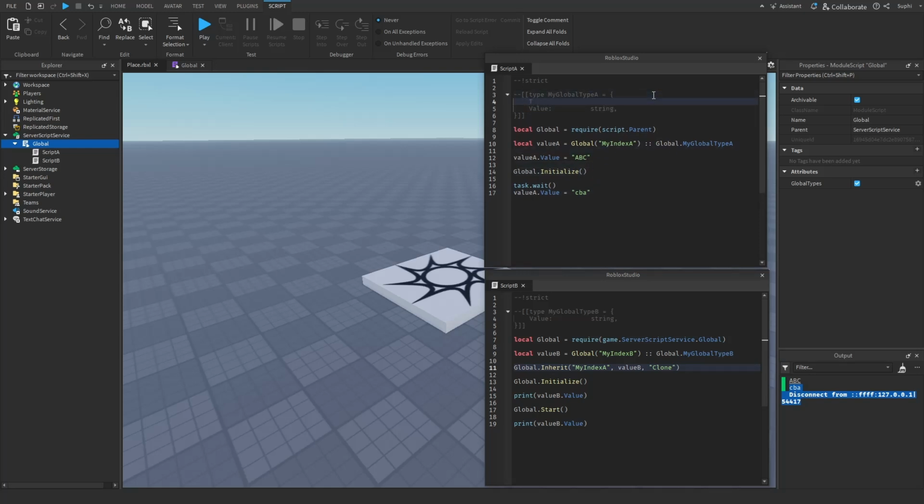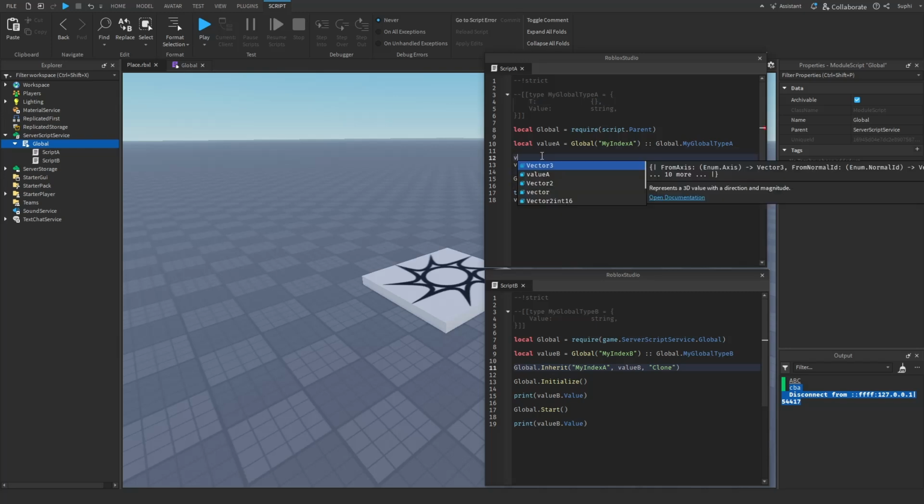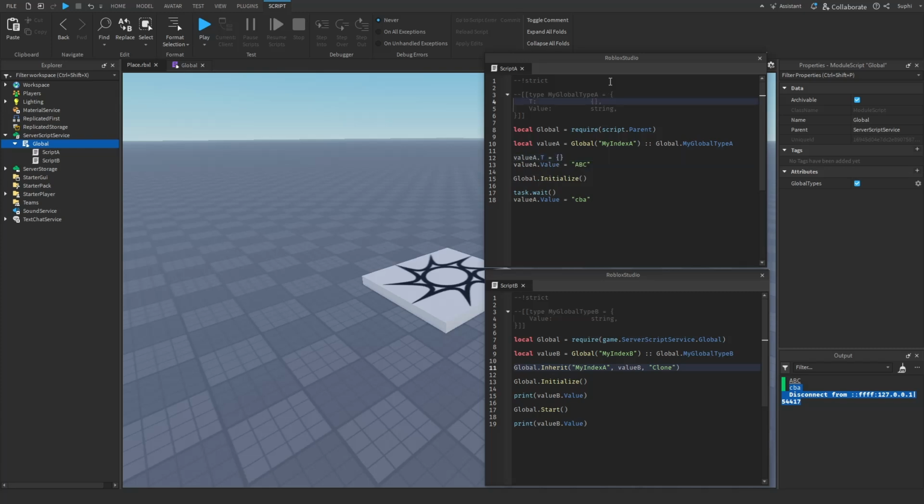So let's call it T and make it a table. And let's not forget the comma. And let me say value A dot T equals table, and let's set this to any,